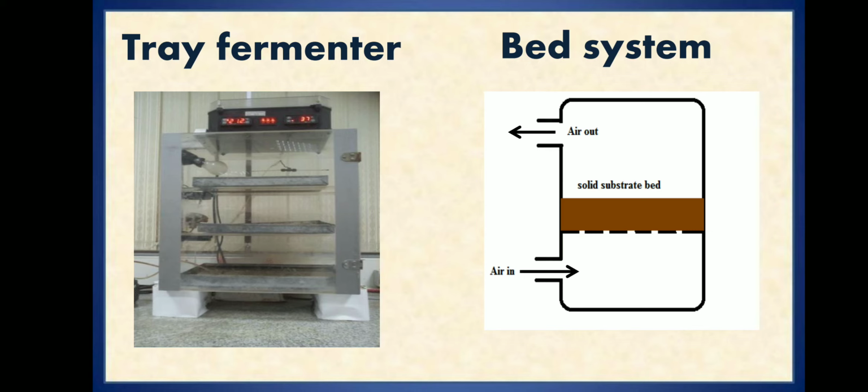And then you have a bed system. These are used in commercial koji production, consisting of a bed of substrate up to 1 meter depth, not centimeter, it is 1 meter depth, through which humidified air is continuously forced from below, so that on the surface or throughout the substrate the organism grows and the fermentation takes place.